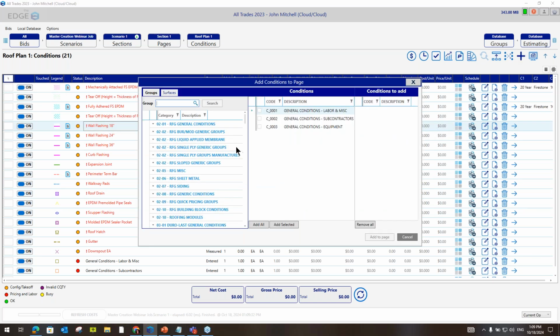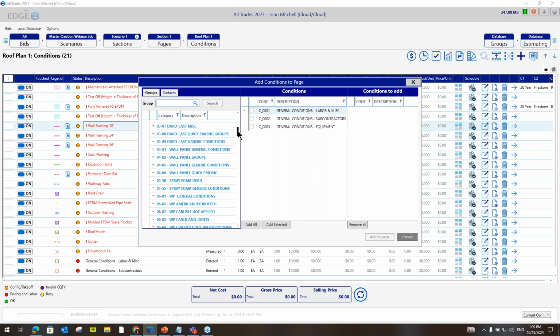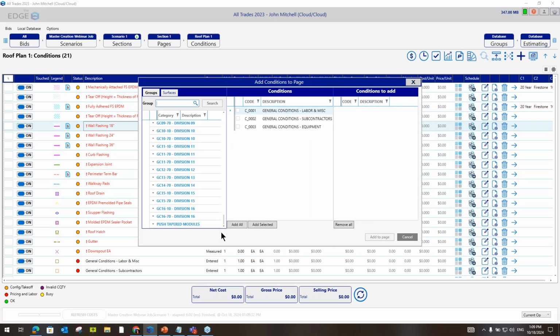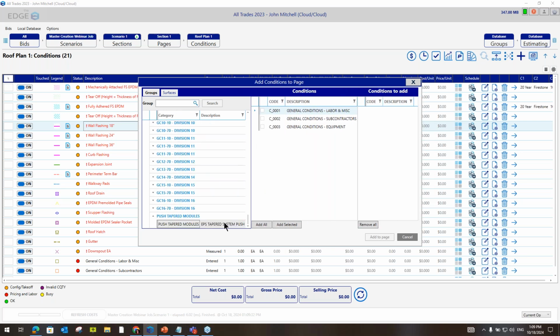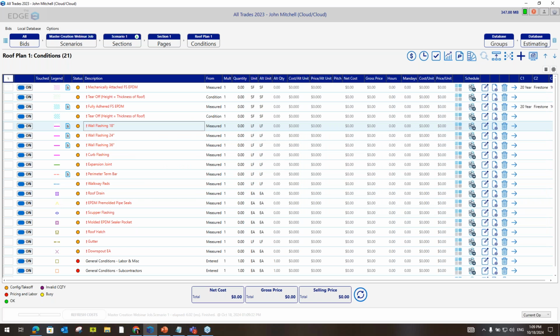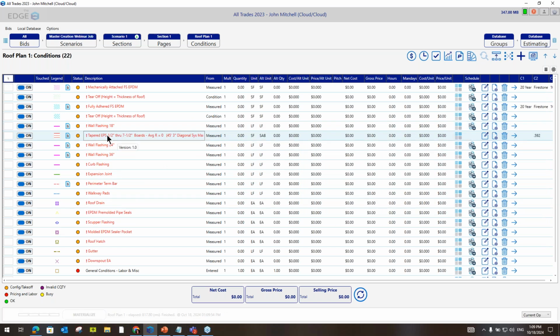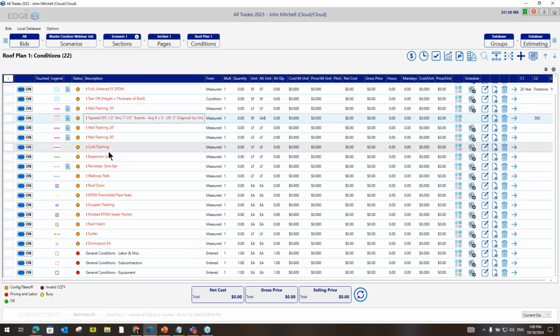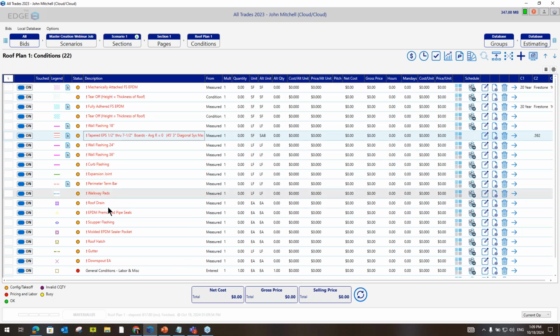So I'm going to click the plus sign and go all the way to the bottom here. There in this database, they're down at the bottom right here. And I'm going to add in the tapered module, tapered insulation, so that it's part of my master list of conditions. So you'll modify this entire list, and then what you're going to do is you're going to measure all of these